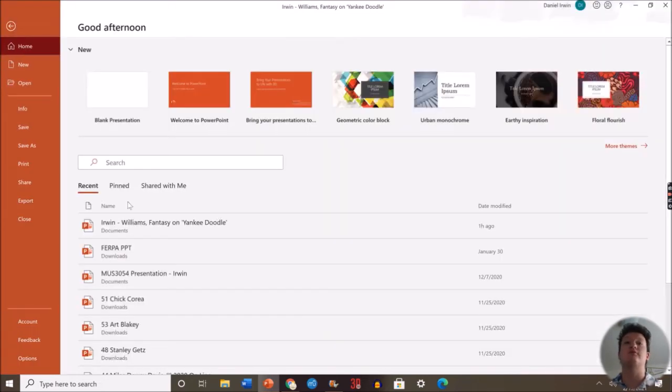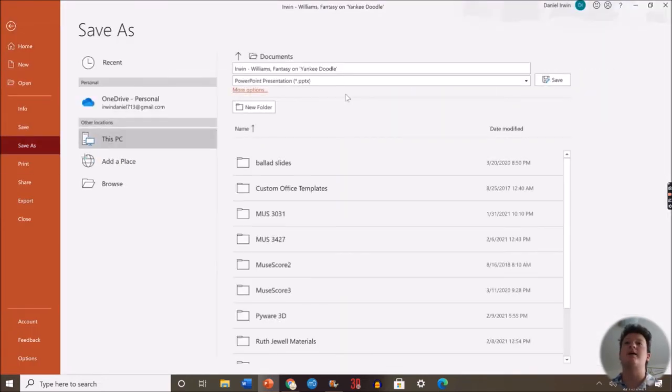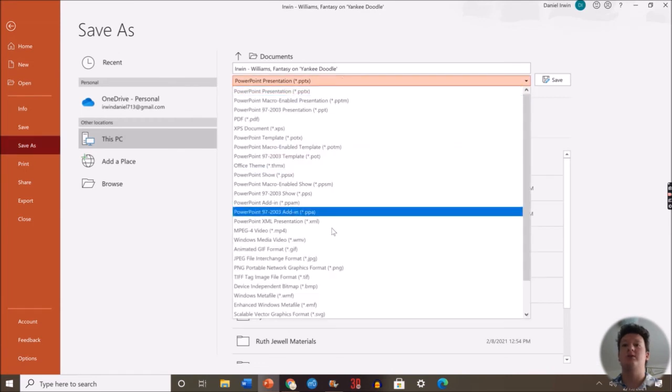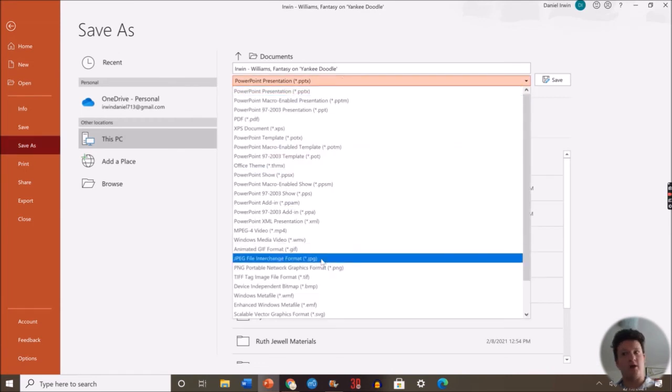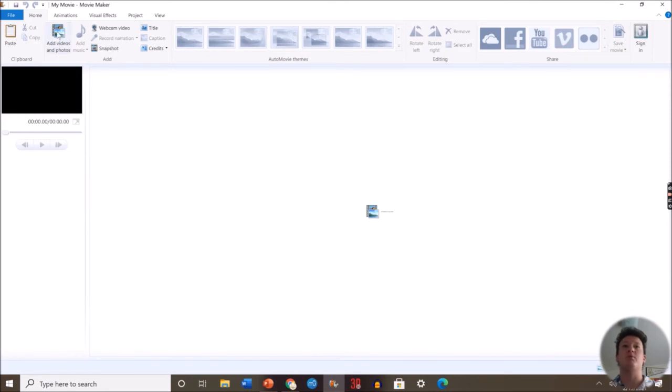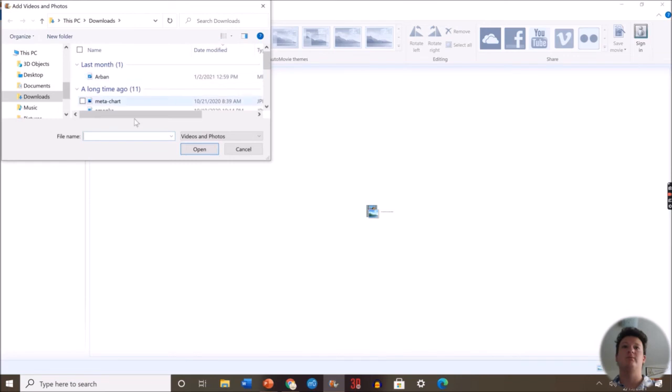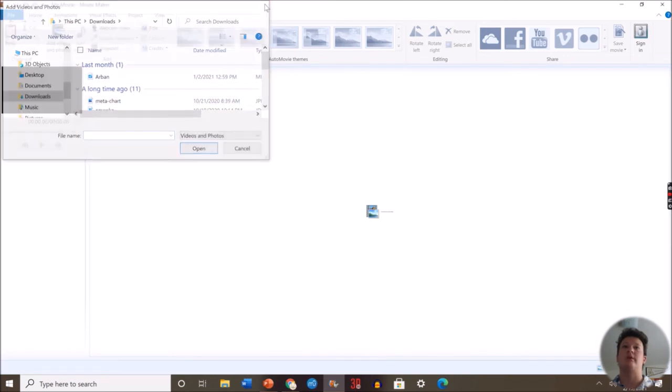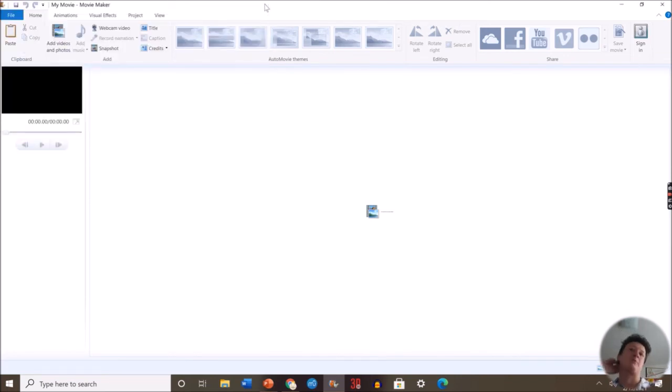Then hop over into File, Save As, and you can actually opt to have the entire PowerPoint presentation with all your text boxes all over the place saved as images. Hop over into Windows Movie Maker, import your photos from the folder that you literally just saved from the PowerPoint presentation, and then add music, and then instead of worrying about all the animations, you can just